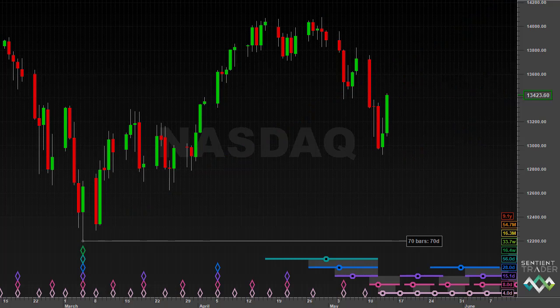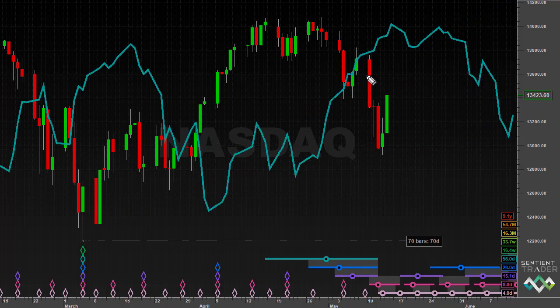Well, we can turn to our other tool, the FLD. Now, the rule with the FLD is that when price crosses the FLD upon which the cycle is based, that confirms that a trough of that cycle has formed in the market. And so we are waiting for a trough of the 80-day cycle. That's the cycle that we are expecting. And that confirmation will only be provided by the FLD when price crosses the 80-day cycle FLD. This line that I am displaying on the chart now is that 80-day cycle FLD.